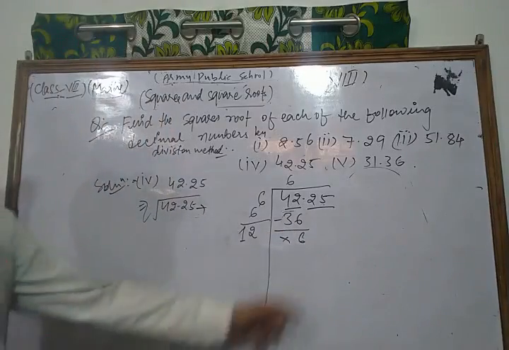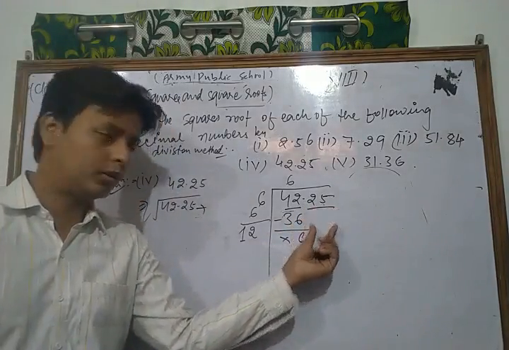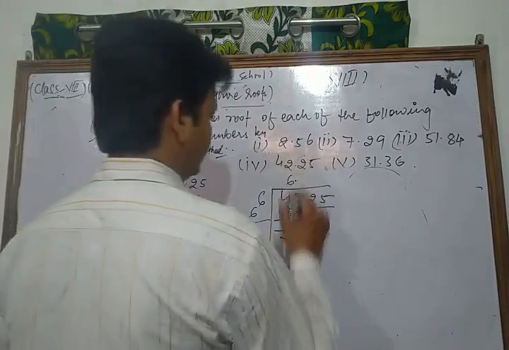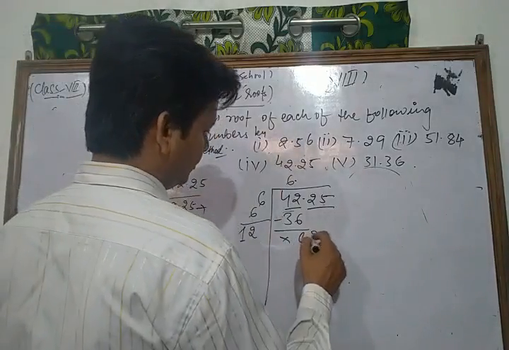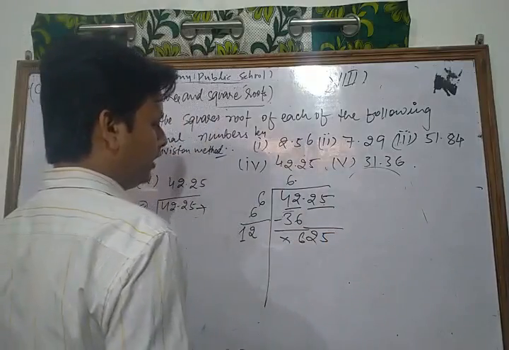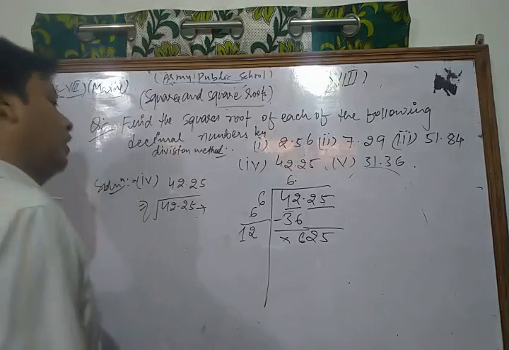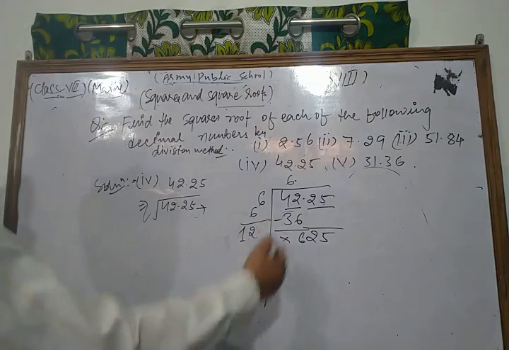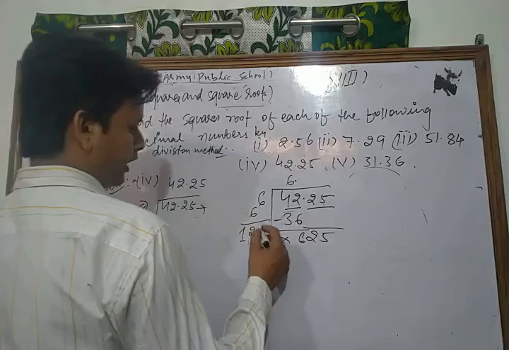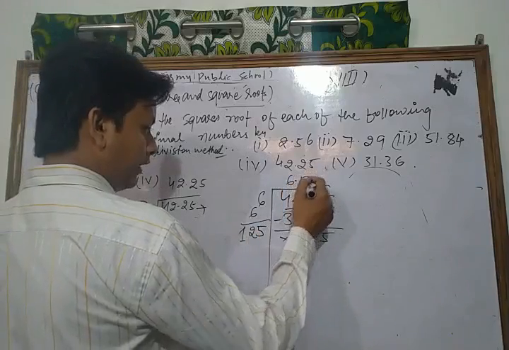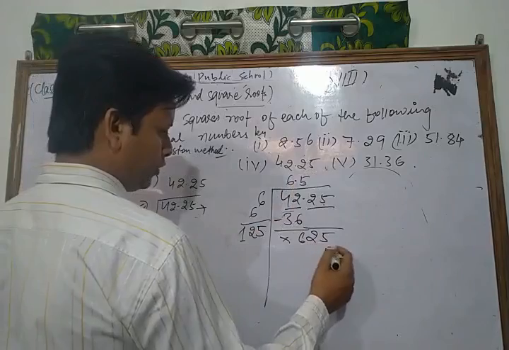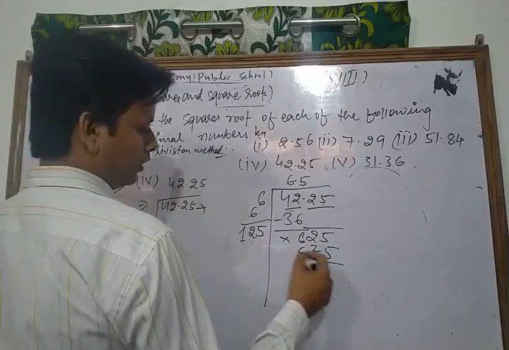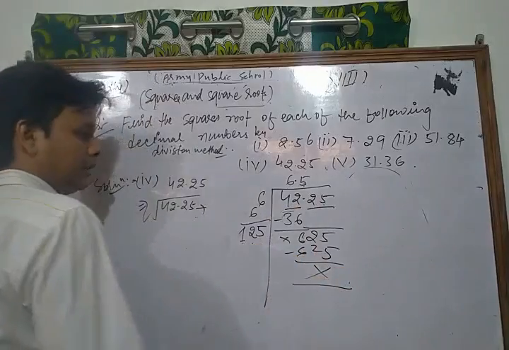Okay. Now we write 25, pair by pair. Before that, we write the decimal at that place. 25. Okay. Now how many times do we take? 5 times. Because here we write 5 and here we write 5, and we multiply 5 by 125. 5 5s are 25, carry 2. 5 2s are 10 plus 2 is 12, carry 1. 5 1s are 5 plus 1 is 6. Now after subtracting them, the remainder becomes 0.